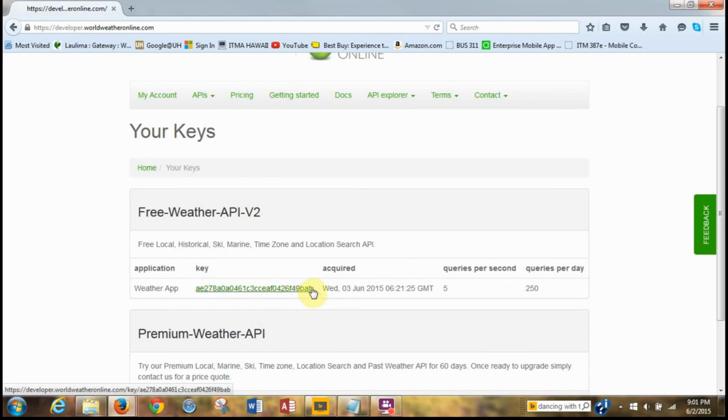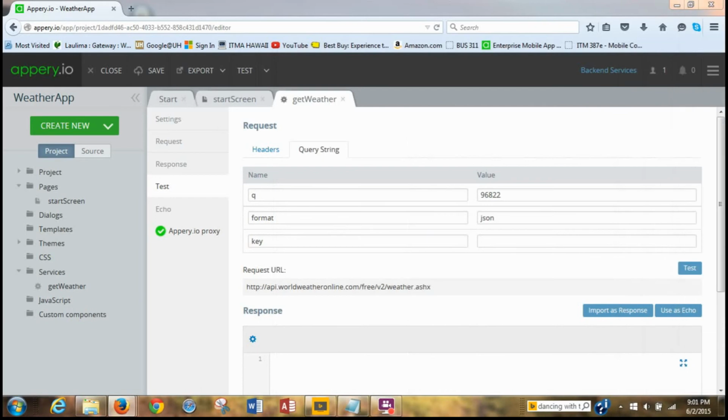I'm going to highlight that again. Control C. Drop it back here. And I'm going to just paste it right in here. Okay, and then click test, and the result should look something like